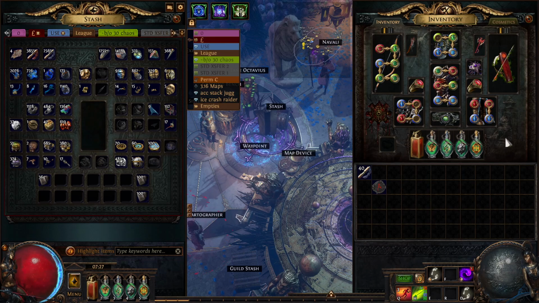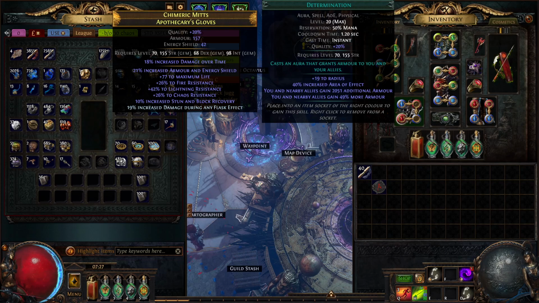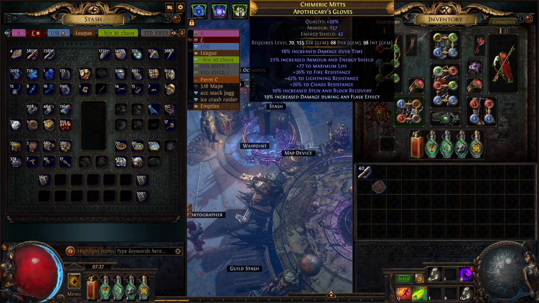Normally, again, alt qualities would be looking for an anomalous Defiance banner, anomalous spell totem, and an anomalous Flame Dash. In our gloves, these are the gloves that are the most missing. We have Malevolence, which would be our Divergent. We have a Determination, which would be Divergent. We would then have an Enlighten level 3 here, and then this would hold our anomalous vitality at whatever level you put it at, based on mana